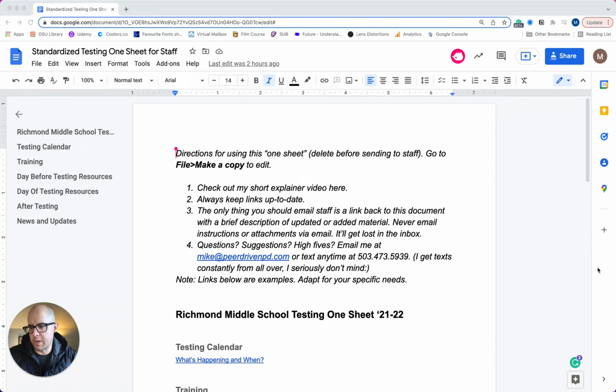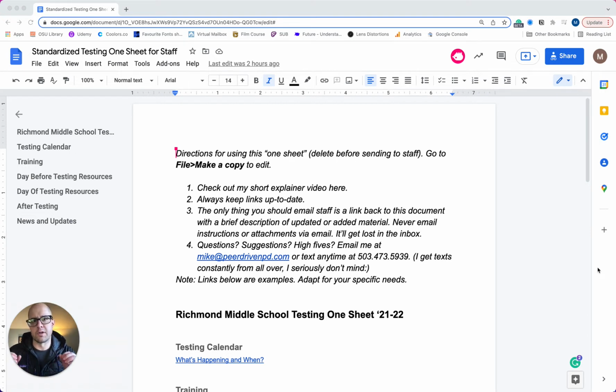And when I was years ago as an AP, I was also my school's school testing coordinator, and I'd come up with a really easy way to disseminate information to our staff around state testing. The feedback that I got from teachers at the end of our first year, and we used it for a while going forward after that in subsequent years, was that, I've been teaching for 25 years, and this is the cleanest, most straightforward method